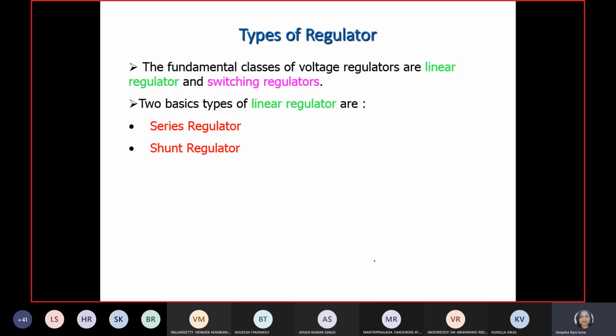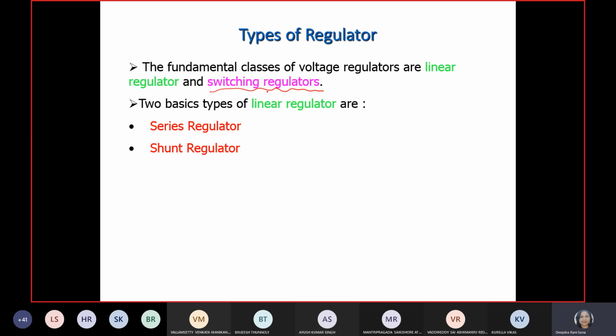In the switching regulator, guys, we are directly using the ICs. We are not using the separate op-amp or transistor or resistor or anything. We are using those only in the linear regulator. But the advanced form is the switching regulator. It is directly compact, manufactured in integrated circuit format only. So the switching regulator directly shows the IC regulators only. Directly ICs are available for this.